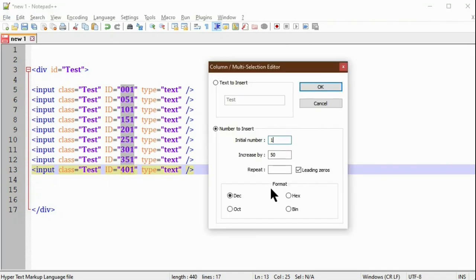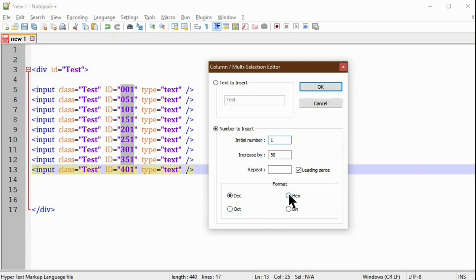In the same way, this multi-column editor gives another option, which is Format. It is part of Number to Insert, and we can insert numbers in any format. By default it is a decimal number, so till now it inserted 1, 2 like that.